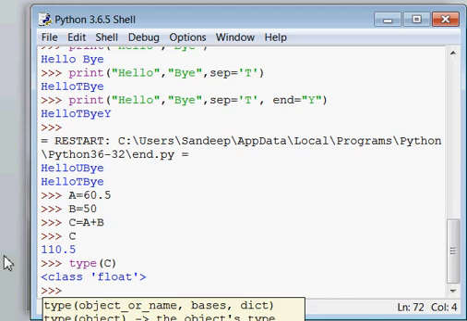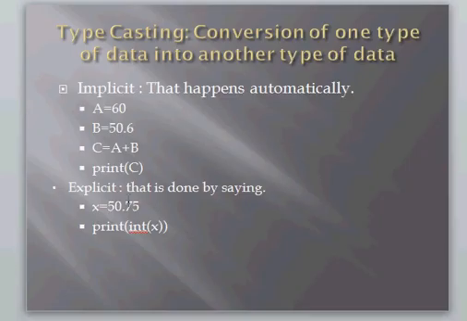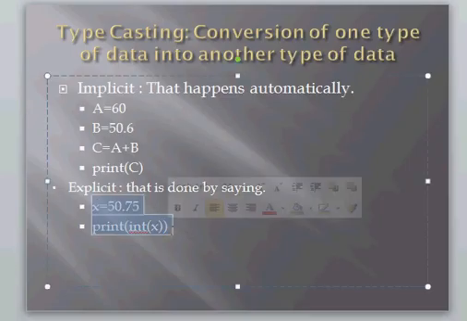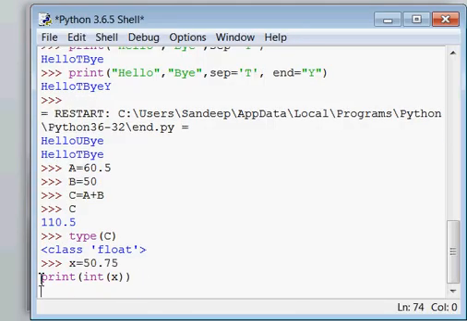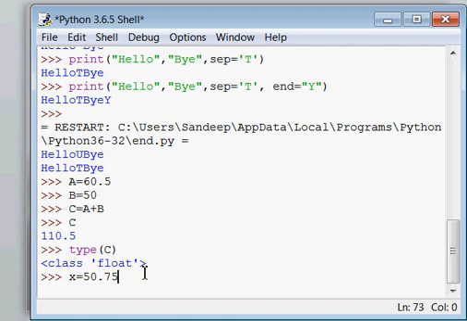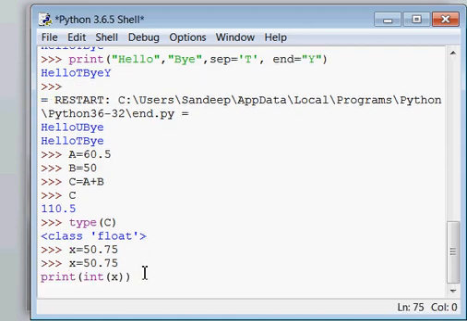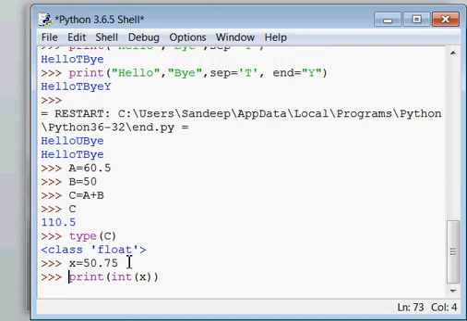But if you want to change one type of data into another, for example, I have used this example here. So if you write this one, this is your float type value, and then you say print int of x.